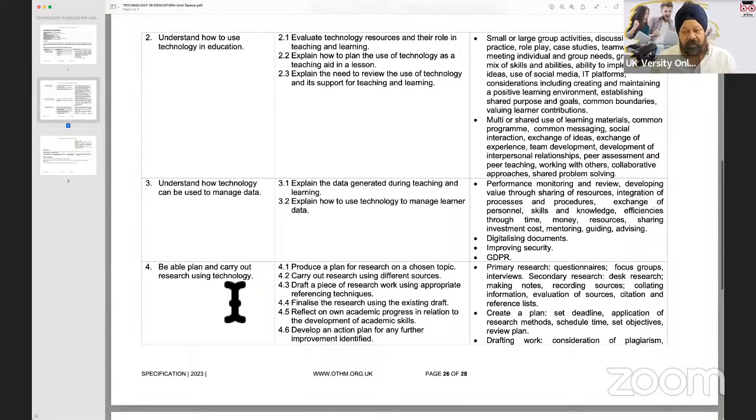So learning outcome 4 essentially talks about being able to plan and carry out research using technology. Now, I feel personally, as a lecturer, this is a bit of a misnomer, because when we do look at research, research is a separate topic, but what we have to do is contextualize this topic in